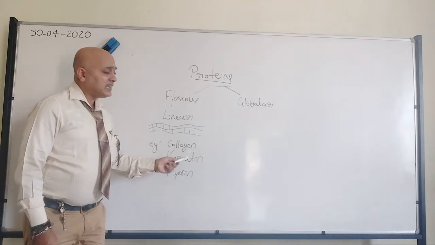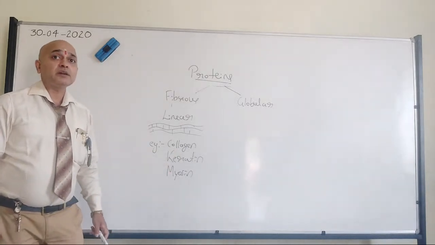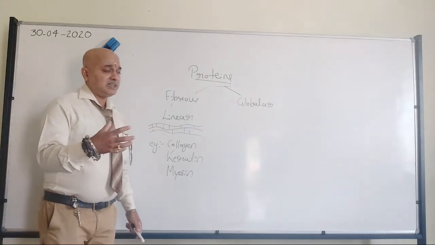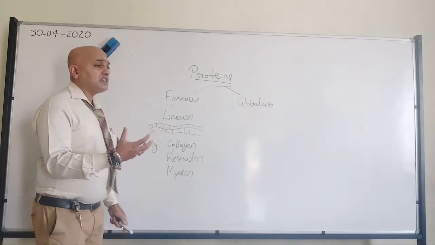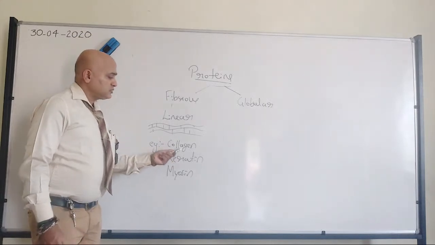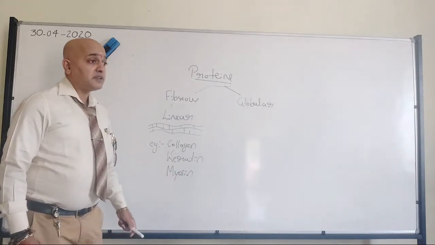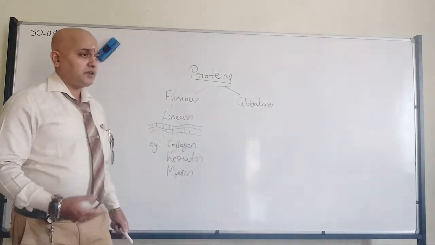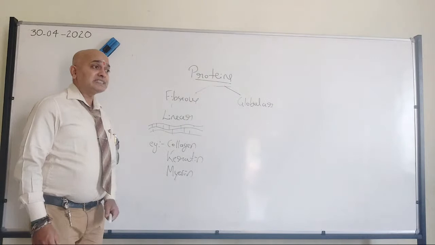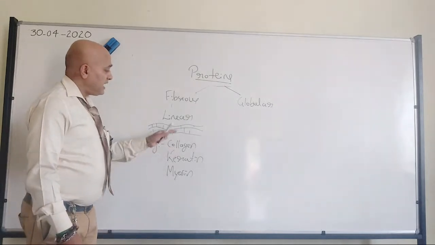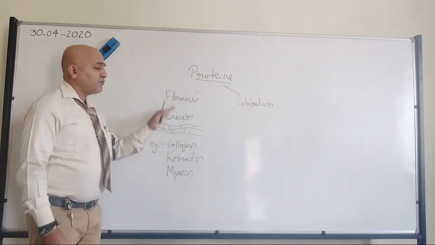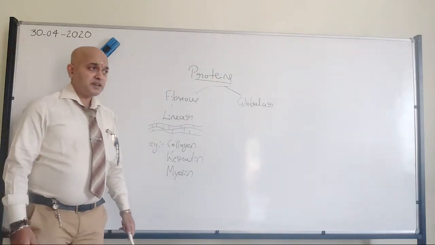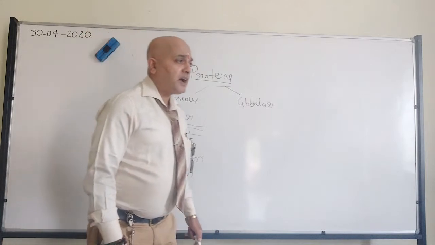So collagen and keratin, they are majorly giving support to the tissues. They will give integrity, they will hold the tissues intact, these two. But when it comes to myosin, the important role is muscle contraction. Biology students will be knowing. Important function is muscle contraction. That's where we have some of the examples of fibrous protein.